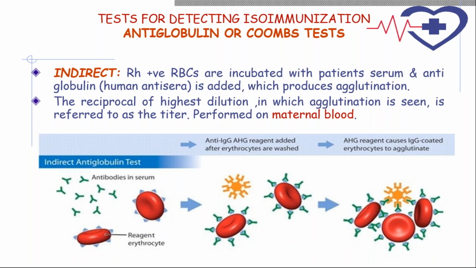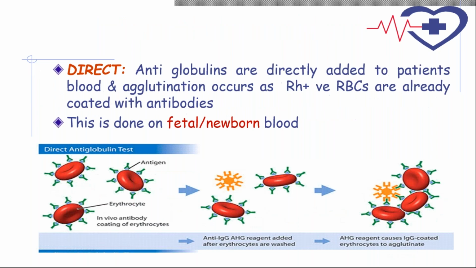This is a method to detect that the mother is getting immunized. When the fetus is Rh positive, by feto-maternal hemorrhage the RBCs of the fetus come into the maternal circulation, and it is generating antibodies because the mother's blood doesn't have Rh positive cells. So it is identified as a foreign antigen and the mother's blood starts producing these antibodies. Soumya, you can go to the next slide.